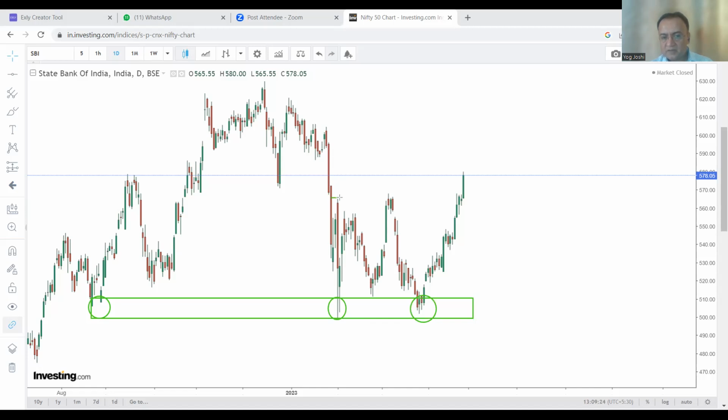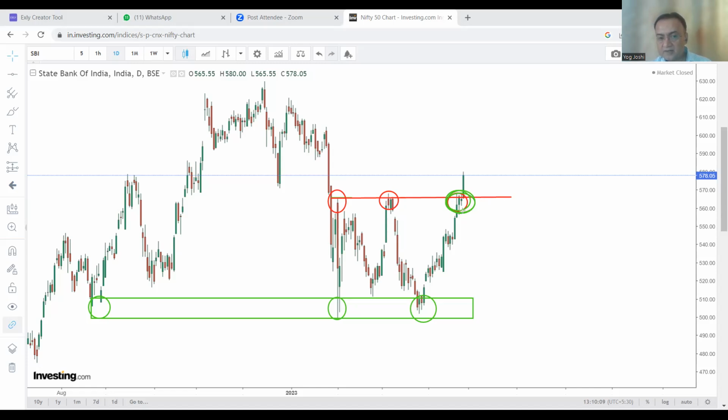This is the resistance area. So price was held down here as a resistance. Price was held down here as a resistance, and here a strong resistance was there, but with a strong bullish candle, price was able to break the resistance area, and this will be a sign of the starting of a new trend. This is a clear cut sign to start a new trend.